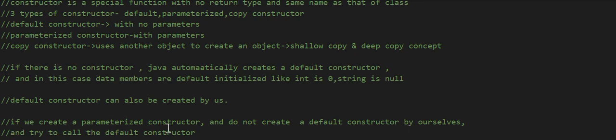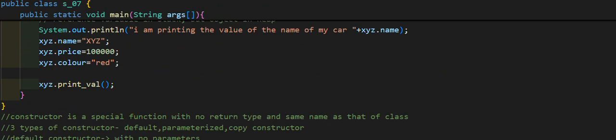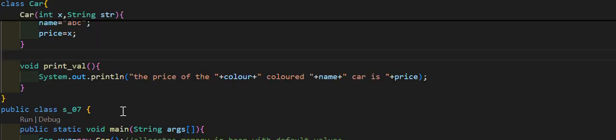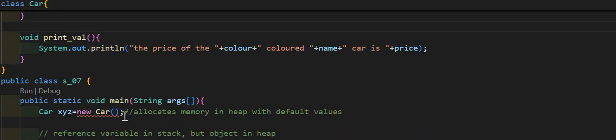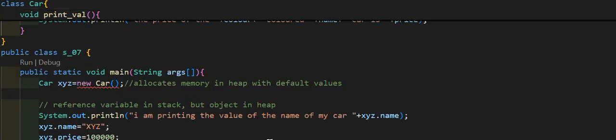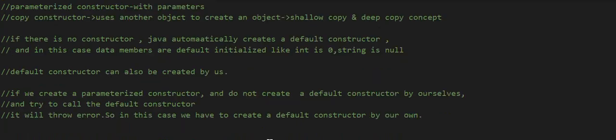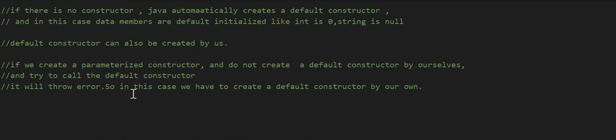So if we create a parameterized constructor and do not create a default constructor by ourselves and try to call the default constructor, which I'm trying to do right here, I haven't created a default constructor over here, but I'm trying to call the default constructor from this place, from the main method. It will throw an error.